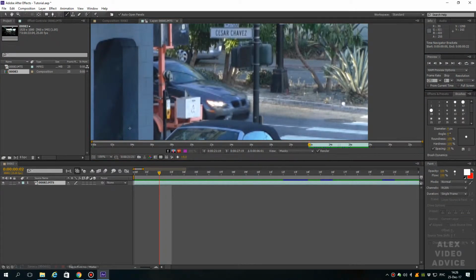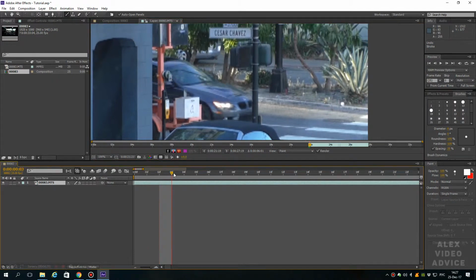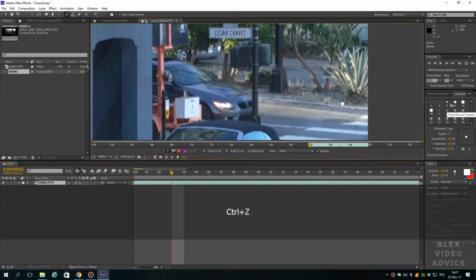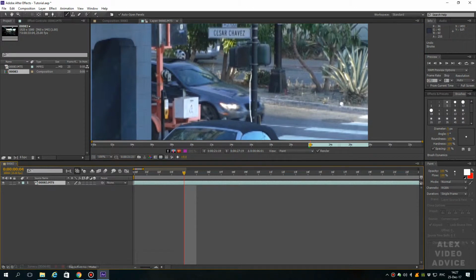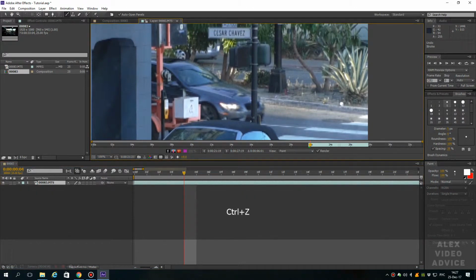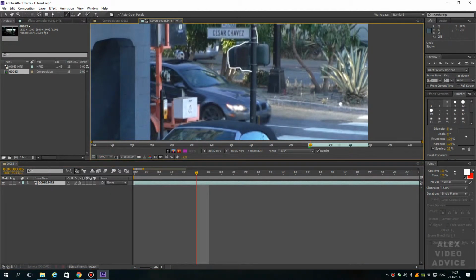I'll start drawing some lines. For example, I start with the second frame, and on the third frame we can outline the traffic light, why not? You can make the brush smaller so it's more convenient for drawing. We pass to the next frame, we have already lost everything here perfectly. One more time outline the traffic light. On the next frame we draw something else. To quickly cancel the last drawn line, Ctrl plus Z.